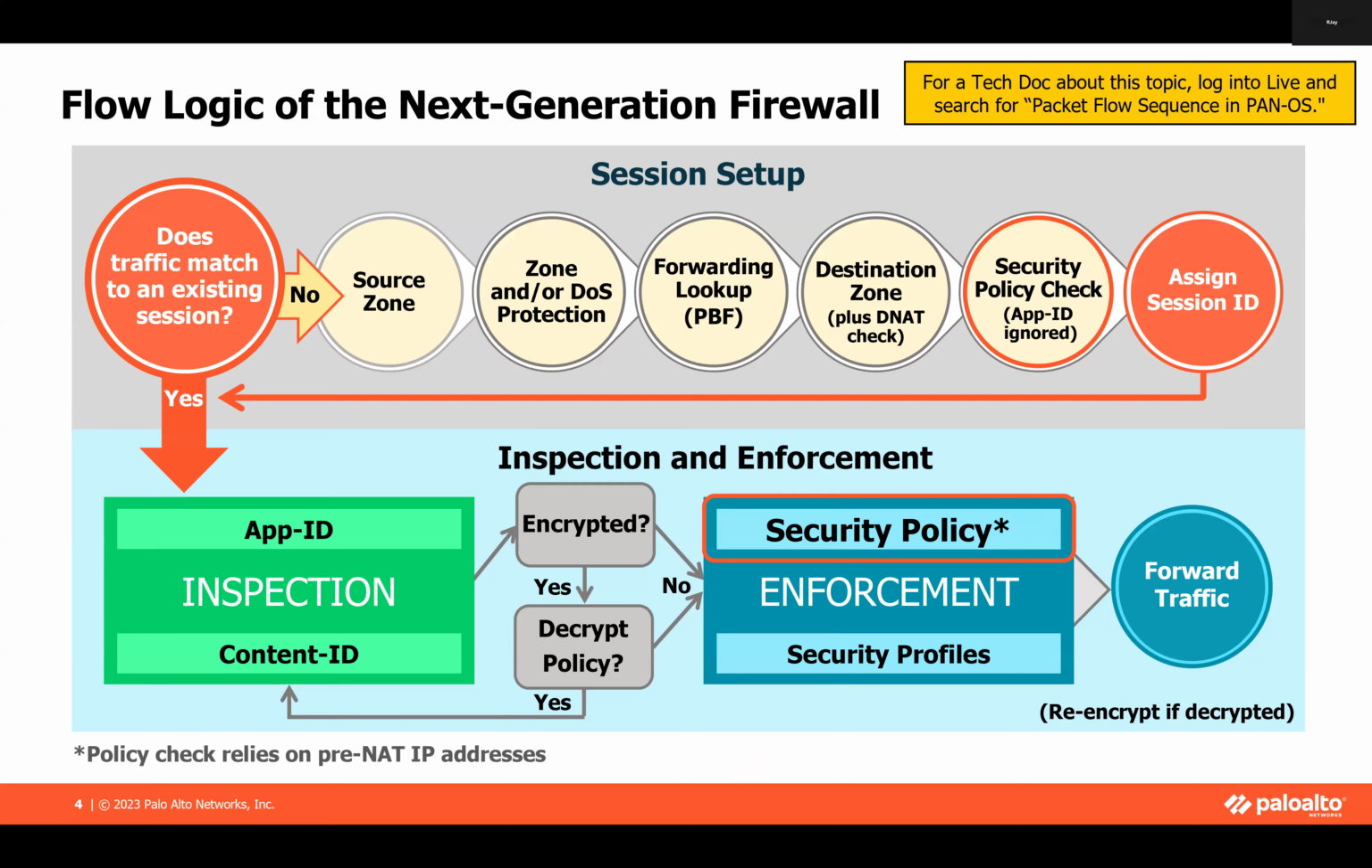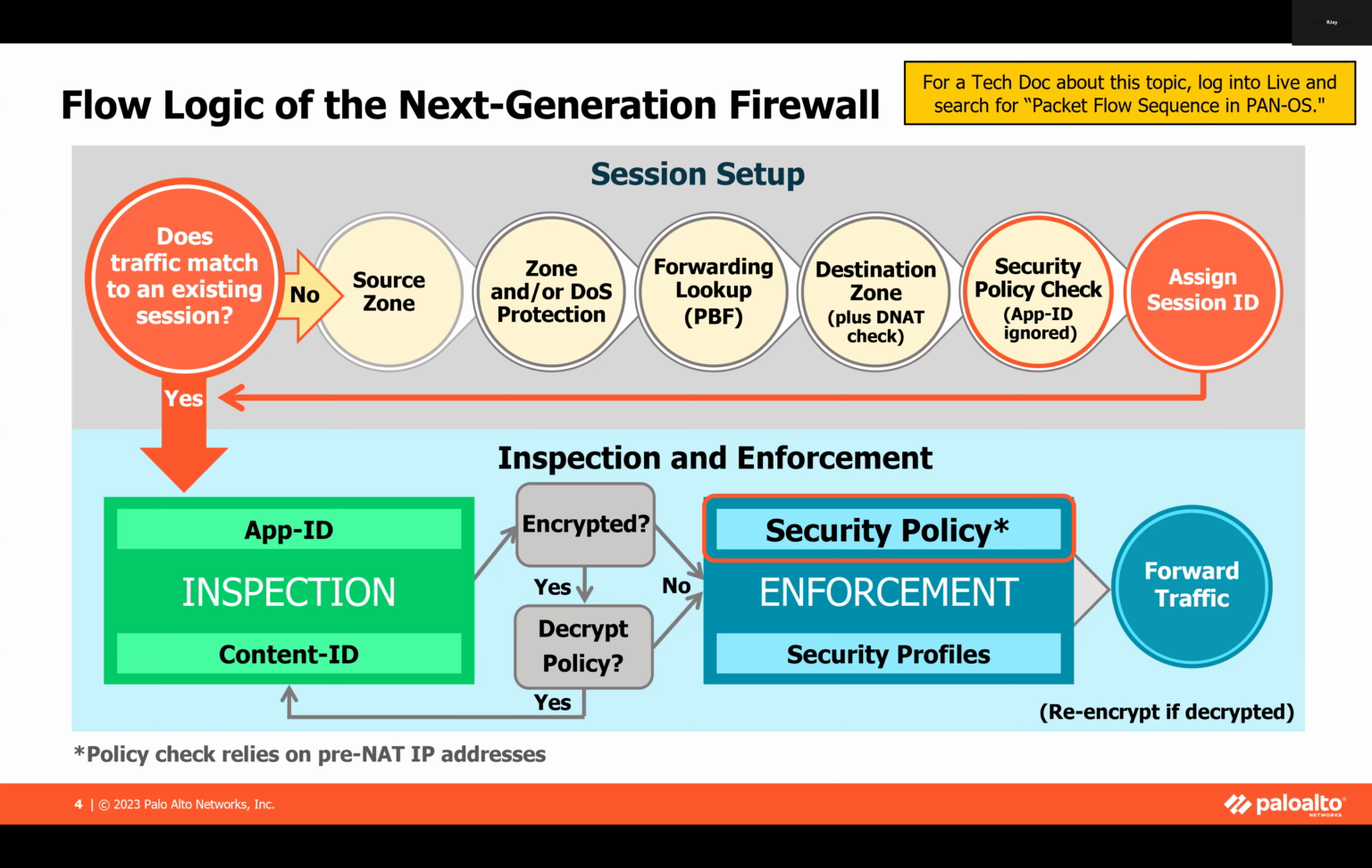So as traffic comes into a firewall, it's going to hit that upper left-hand corner and say, does this traffic match an existing session? Meaning, do we already have a session opened up for this traffic flow? If no, then we need to determine our source zone, the zone or DOS protection, any kind of forwarding lookup, destination zone, and then a security policy check. And at that point, if it all passes, we will assign it a session ID,